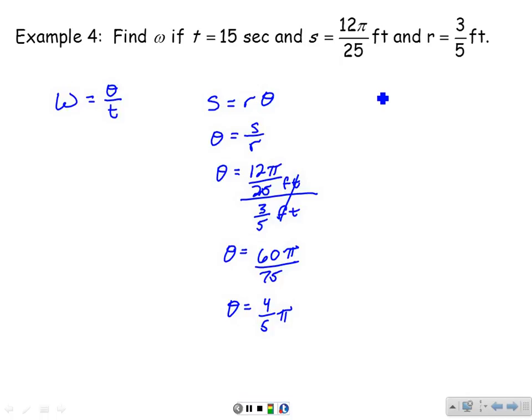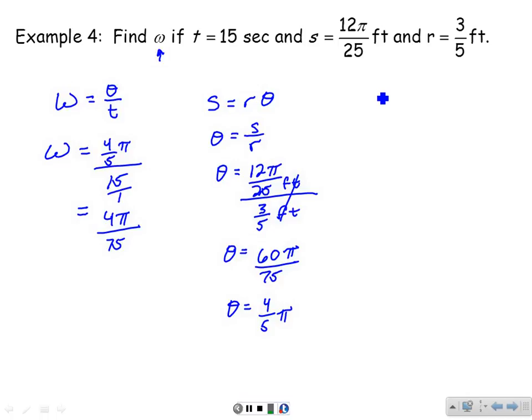Okay, and so now let's go back to omega. So we're looking for omega. Don't forget what you're looking for. It says find omega. Okay, so omega is going to be theta, which is 4/5 pi, 4 pi over 5, divided by time, which is going to be 15. Again, you can do skin over guts, so you're going to have 4 times 15, which is going to be 60 pi over, let's try that again, skin over guts. So you're going to have 4 pi over 75, 4 pi over 75,